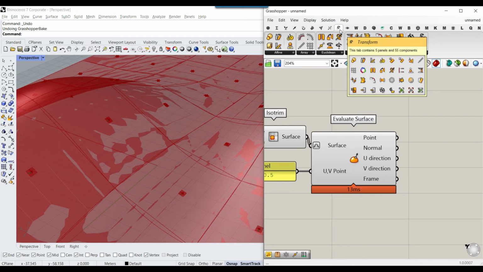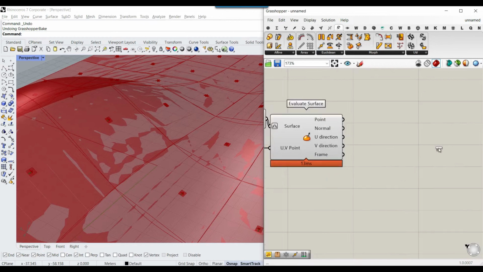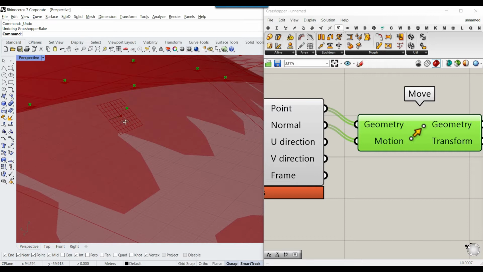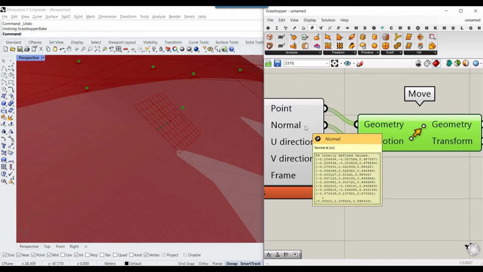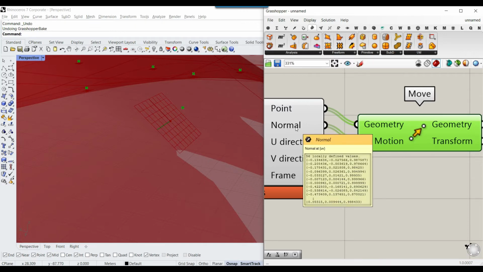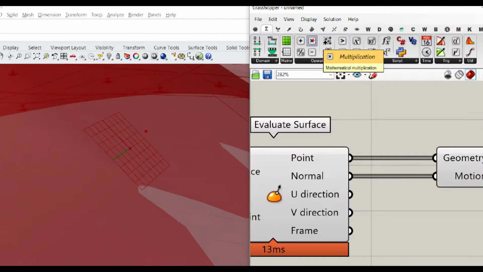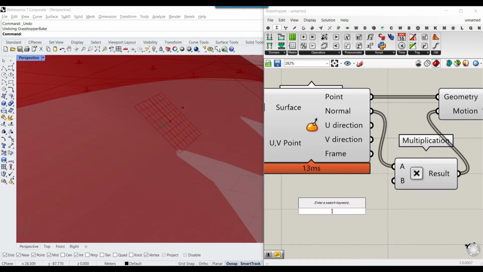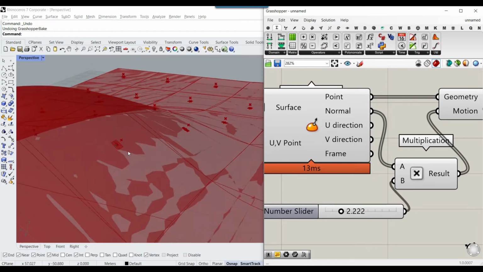Now let's just move it. From Transform, we have this Move tool, and we can move this point in the normal direction, and you can see it's going to move it in the normal direction by 1 unit because it's a unit vector, okay? Now we just have to multiply that with a number. So I'm going to go to the Math and use this multiplication. Give it a number slider. That is going to help us to move that